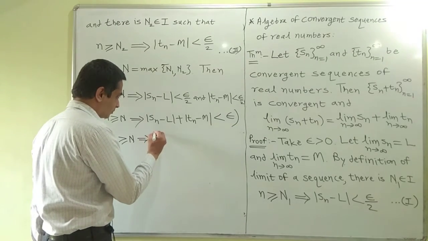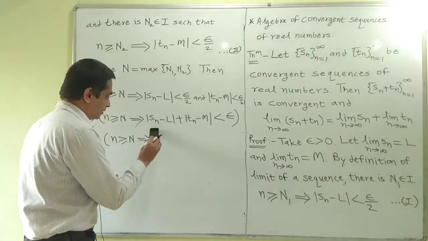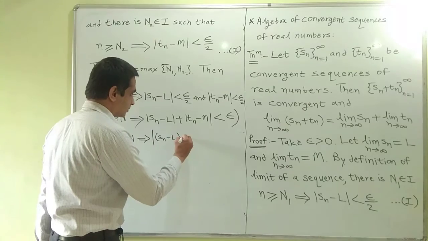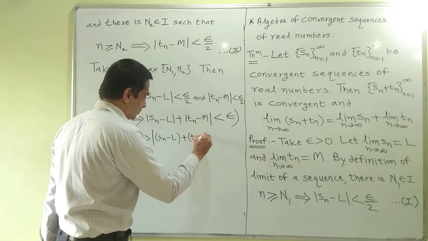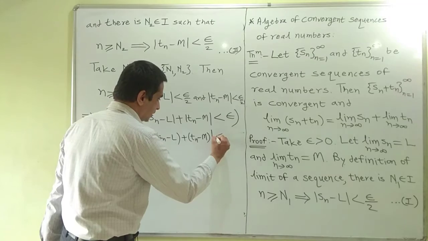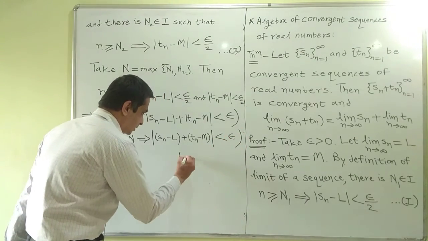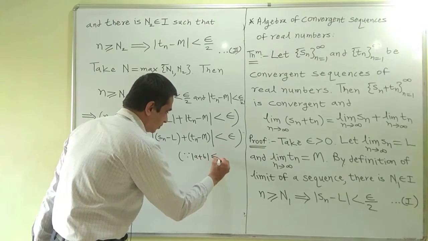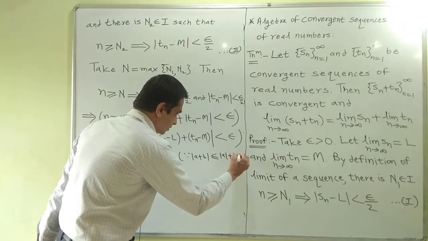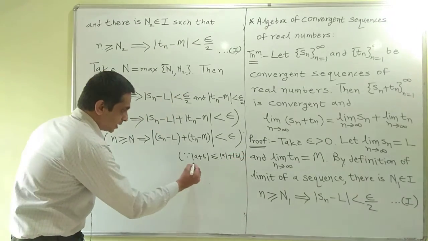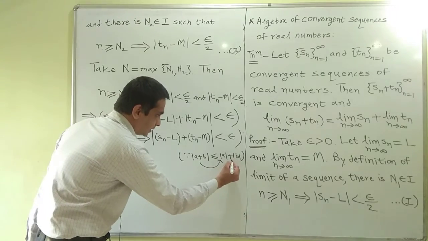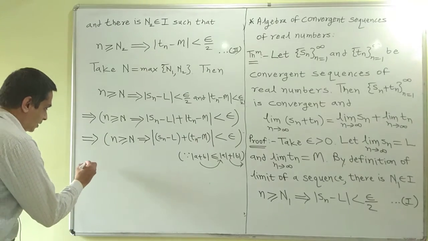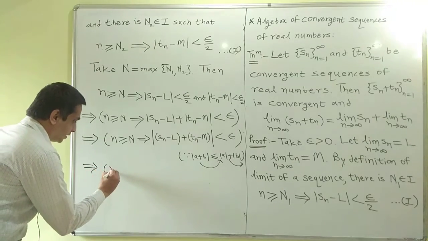|Sn minus L| plus |Tn minus M| is less than epsilon. The reason is since |A plus B| is less equal to |A| plus |B|. So we are using triangle inequality. This expression is less equal to this, and as this is less than epsilon, this will also be less than epsilon. So this implies that n is greater equal to N